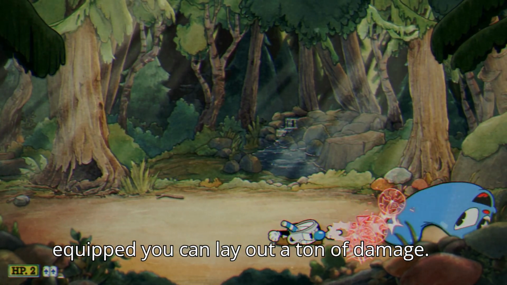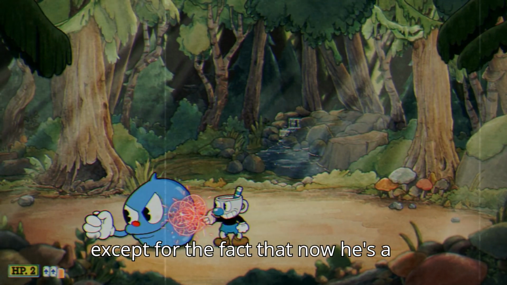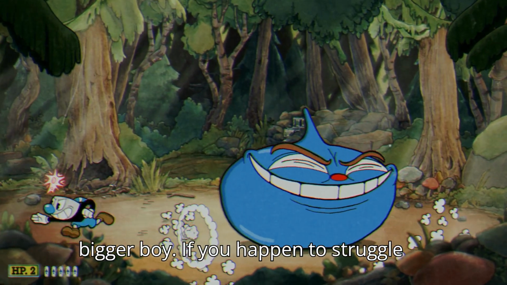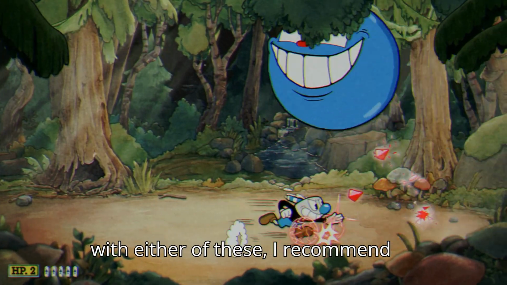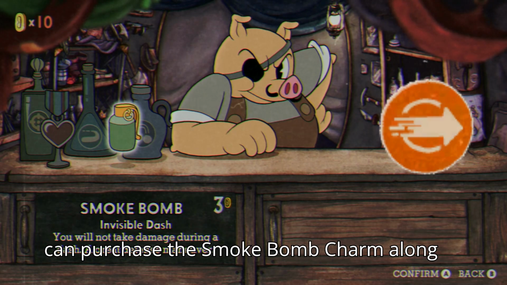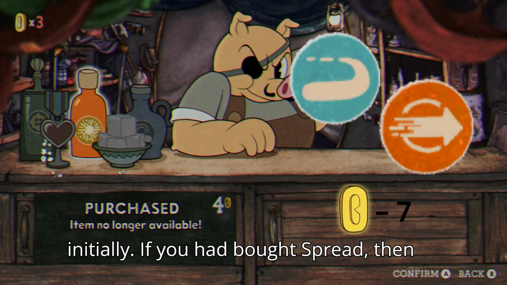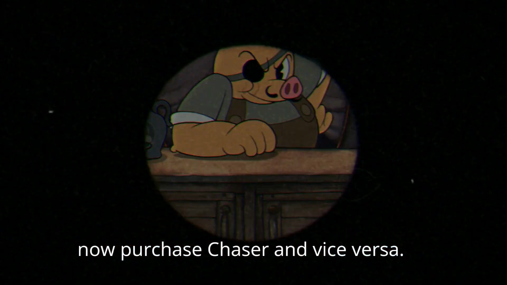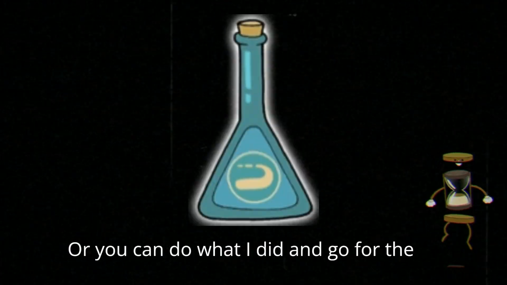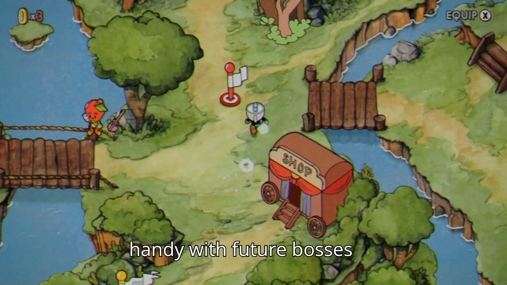a ton of damage. The second phase is the exact same thing, except for the fact that now he's a bigger boy. If you happen to struggle with either of these, I recommend taking a quick stop at Pork Rinds so you can purchase the Smoke Bomb Charm, along with another weapon you didn't buy initially. If you had bought Spread, then now purchase Chaser, and vice versa. Or you can do what I did and go for the weapon Roundabout, which comes in quite handy with future